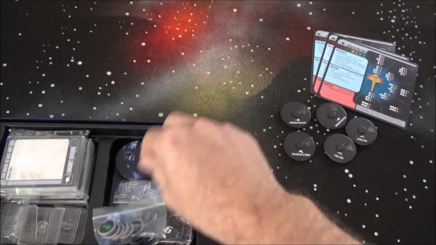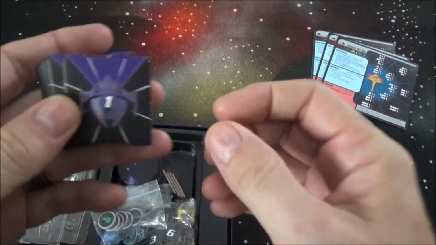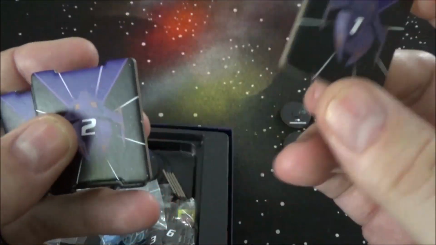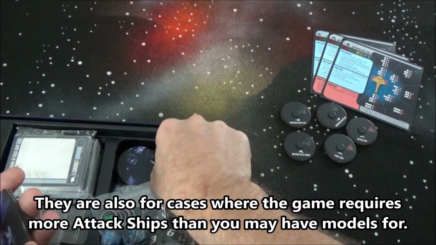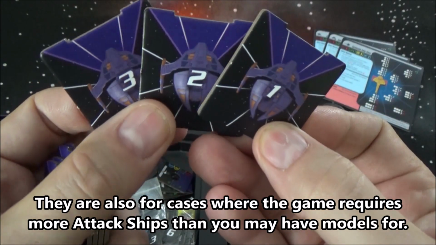We have a bunch of tokens. Where do we want to start with the tokens? Let's start with the actual... Oh, this would be why they have the Beetle in there. So in case you don't have models, they do have... So yeah, for some reason, if you didn't buy the first one and you don't have the models, they have